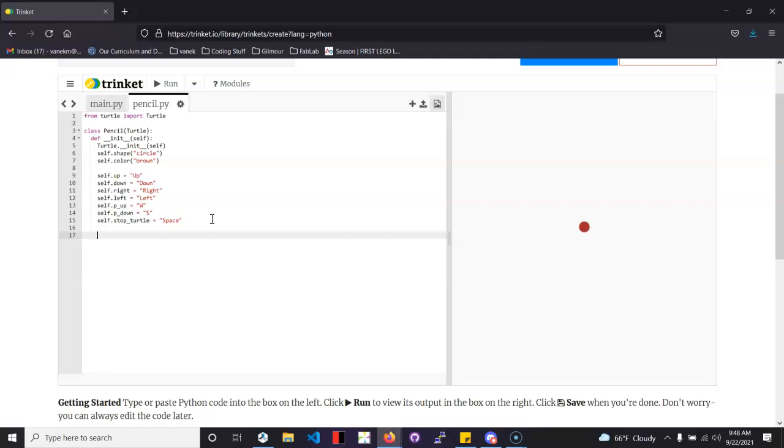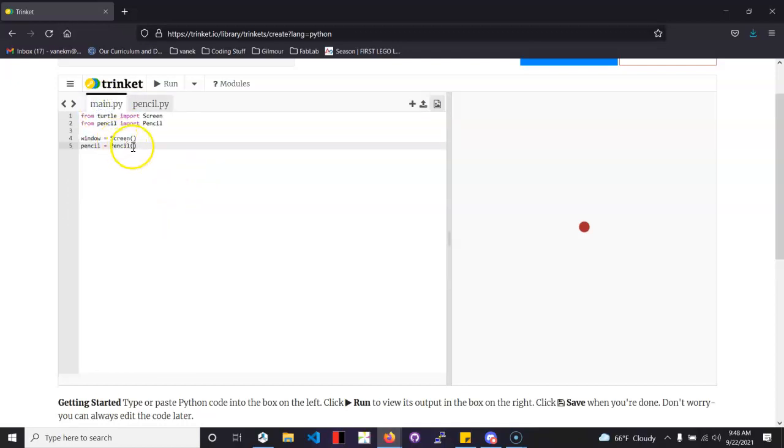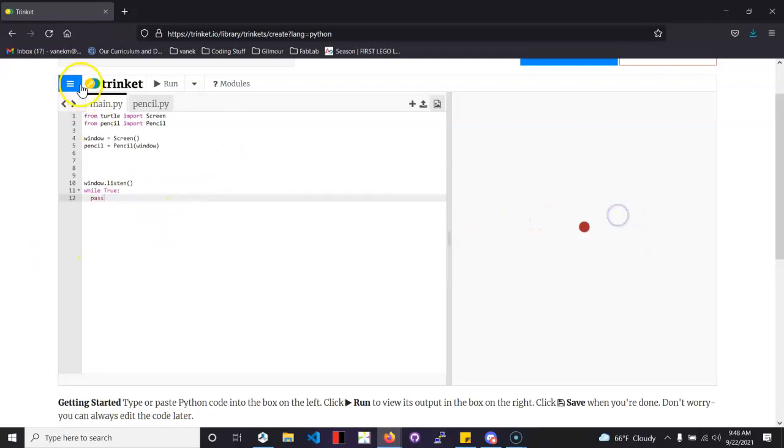We're also going to need to send in our window. I'm just going to call it WN here. So in our pencil here, we're going to add a window reference. Our window reference is going to be doing something for our program. We're just going to say window dot listen, and this is just how the screen will listen for our keys. And then you don't have to do this, but I like to do while true pass. So we have an endless loop at the end here, just so that when I hit run,